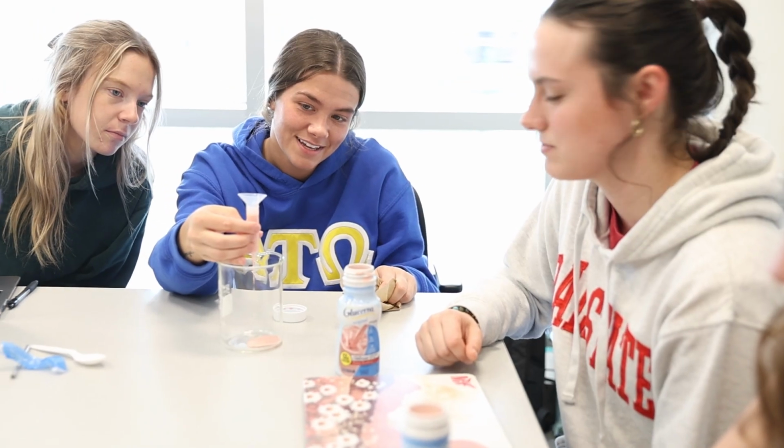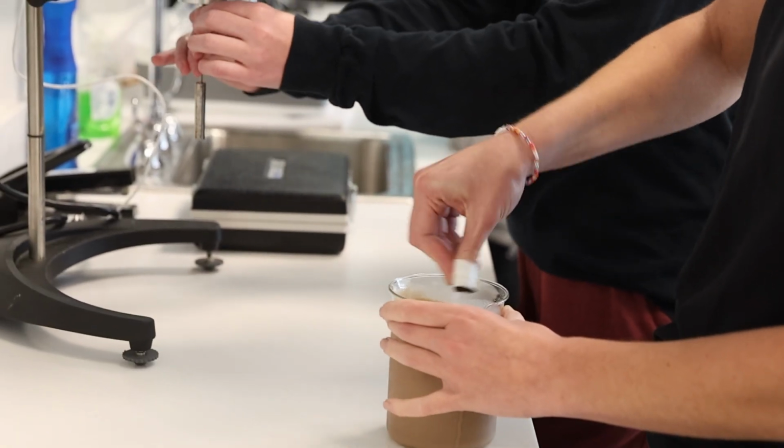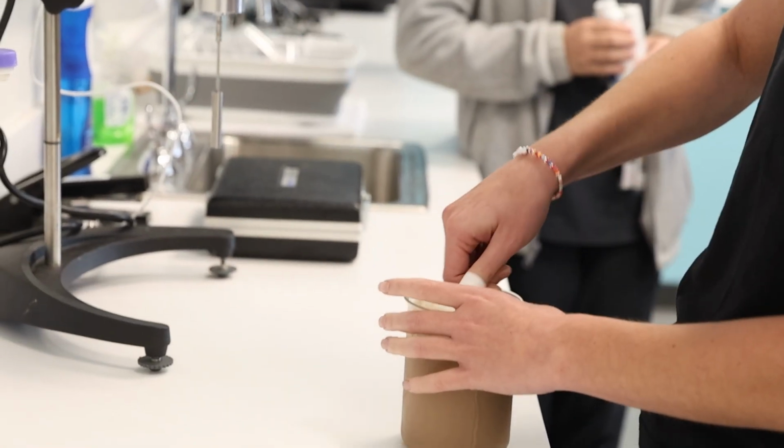Some reasons people might need a thickened liquid diet is if they have throat cancer, or if they have dysphagia. If their muscles aren't strong enough to contract and move the bolus, so the liquid, down their throat and into their esophagus, they can choke and aspirate on the liquids or the food. So it's really dangerous. The thickened liquids make it easier for them to swallow, and the muscles don't have